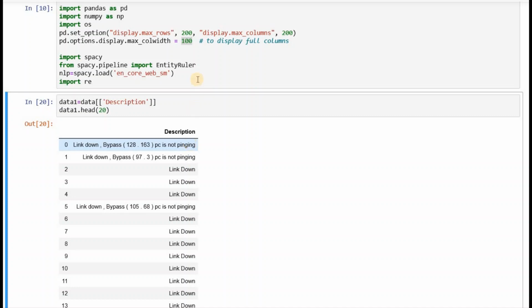So to display the full length, we can increase the column width of each cell. Then I import spaCy, and from spaCy.pipeline import EntityRuler to create my custom entity. This is where I load en_core_web_sm into nlp, which is the normal process that we follow. I also import re, the regular expression module, to identify this within-parentheses format of data.